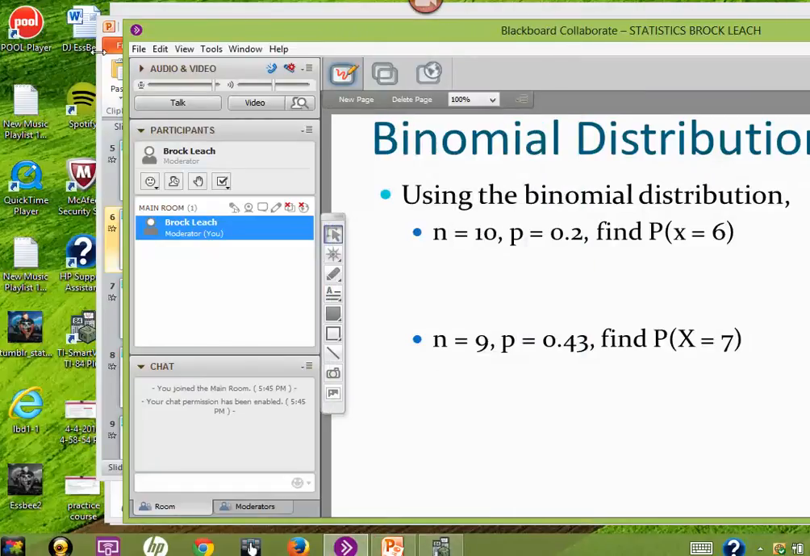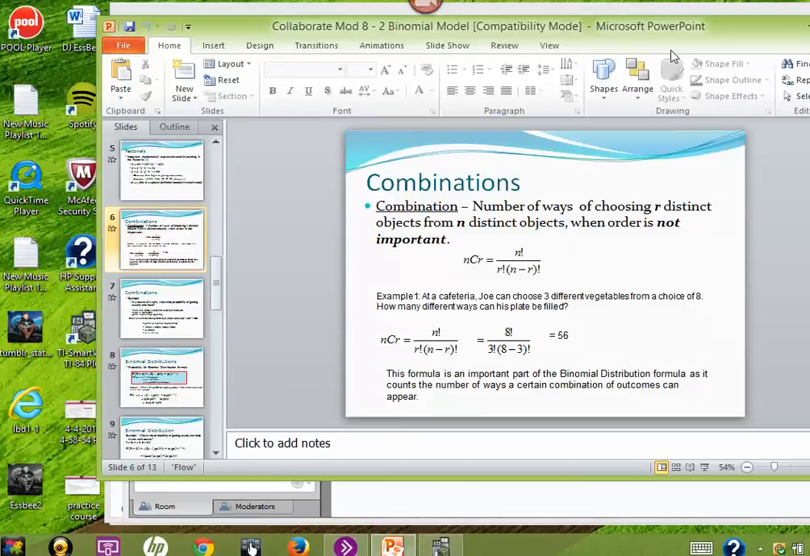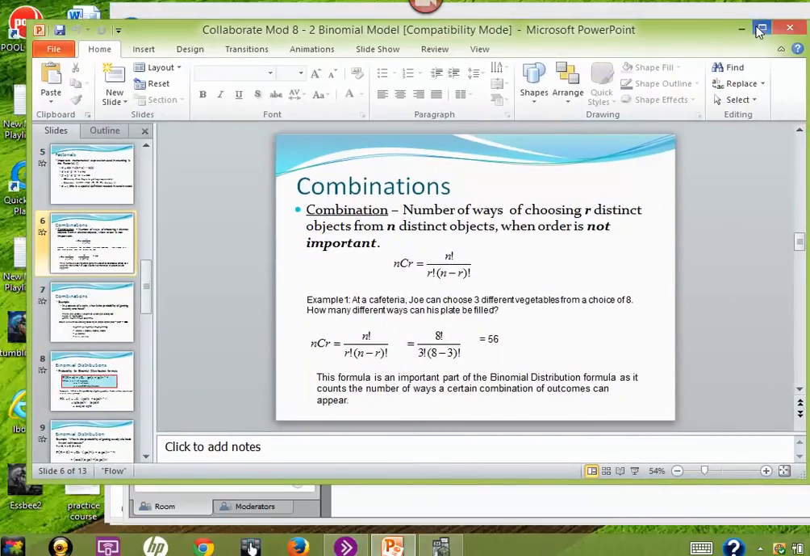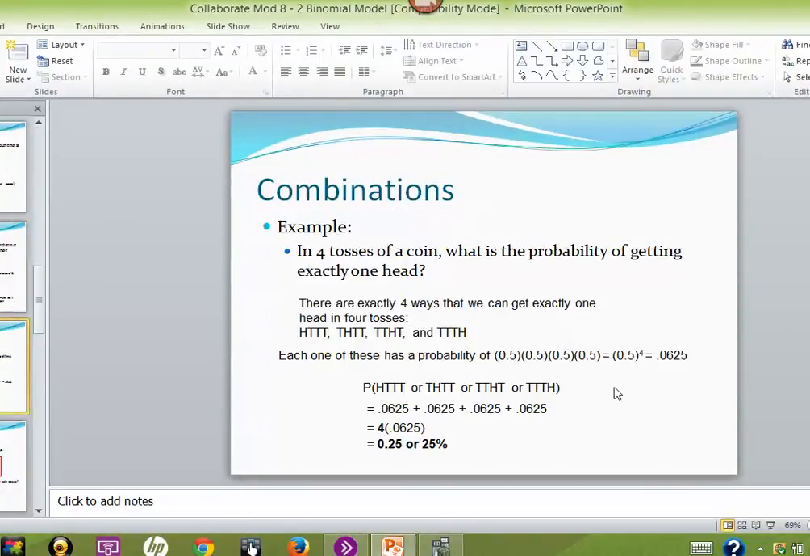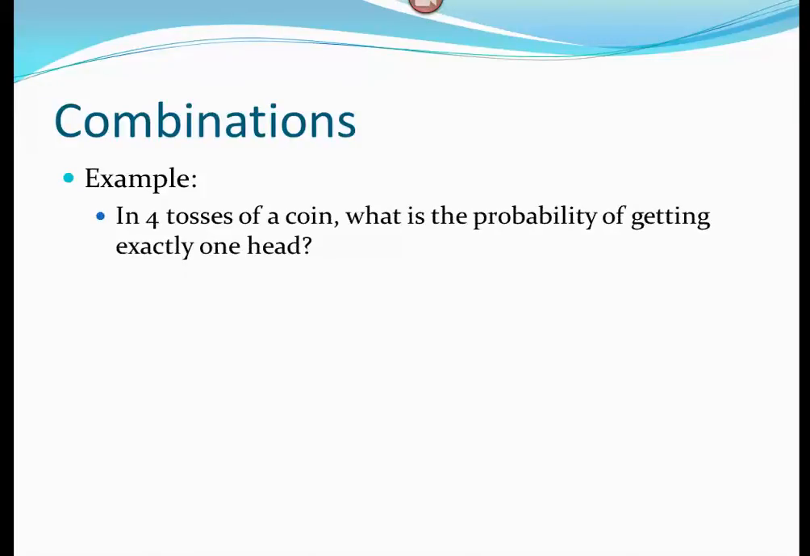Moving back to our presentation, let's go ahead and get back into here. Go to the next slide. We're going to take you through an example that is going to help us lead into what the probability formula does for us, what the binomial distribution formula does for us. So here's an example. We're tossing a coin 4 times, and we want to know what is the probability of